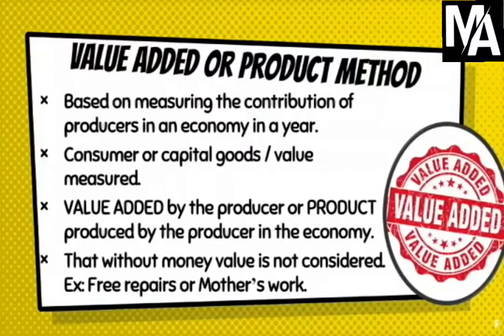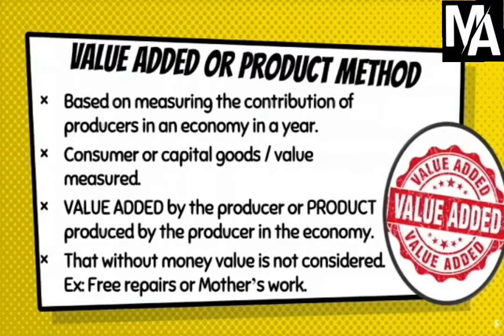producers in an economy. Now, as we know, a seller or a producer can produce consumer goods, which are for consumption, or a producer can produce capital goods, which are used to create further goods. So in this method, we are going to calculate the value of all consumer goods and capital goods. So in simple terms, the value added by the producer, or the value of the product produced by the producer in the economy, is added, and the entire value added or the entire product will be